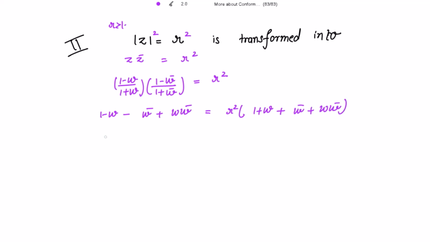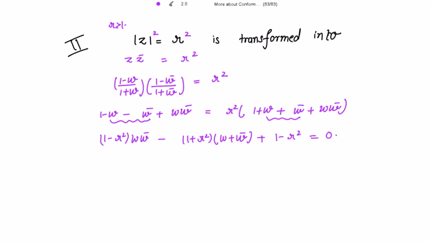So this is (1 minus r square) into w w bar, and then taking the sum of w and w bar common, just take negative sign outside, and this gives us minus of (1 plus r square) into (w plus w bar). Please check this. And then the remaining term is 1 minus r square,